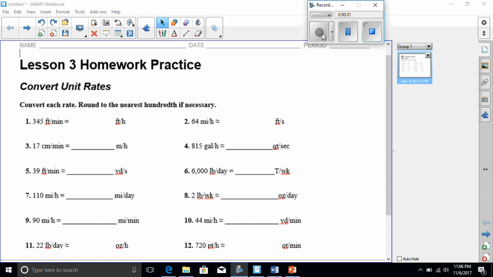Today we're going to be working on convert unit rates. So let's go ahead and remember we're going to convert each rate. We're going to round to the nearest hundredth if necessary. Number one, it says